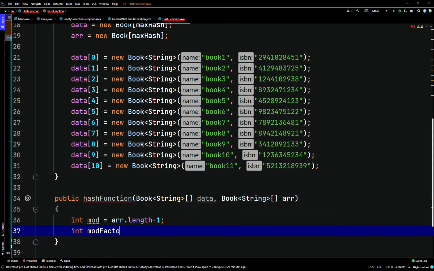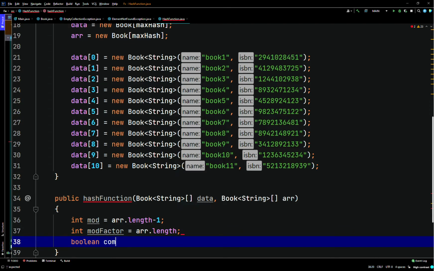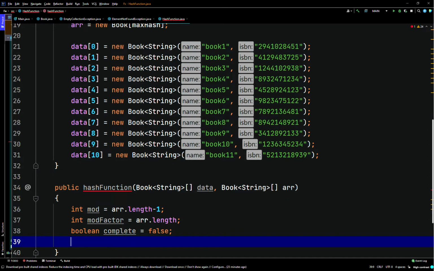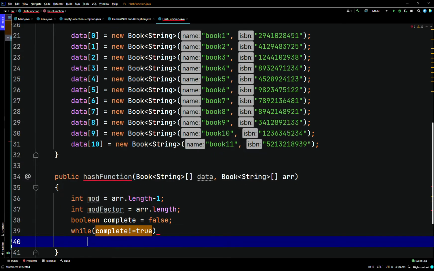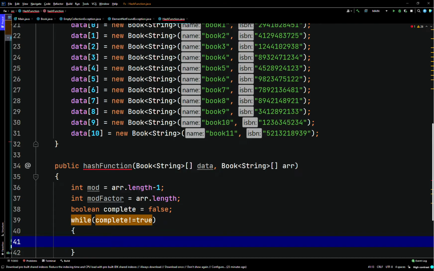Here we'll say mod factor equals array.length. Here we'll say boolean complete, initialize to false, while complete does not equal true, or you can do the short form of that. So while basically not complete, you can change it to that. Then we'll say for int i is equal to count, i is less than mod factor,